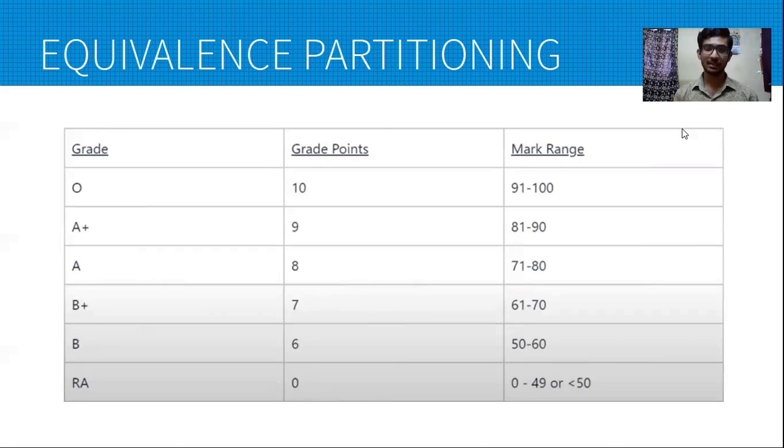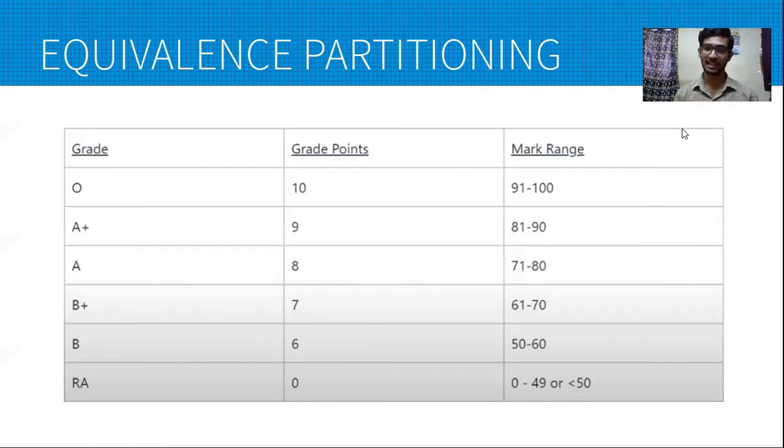To avoid this, we have a set of classes. If we take 1 or 2 numbers in a class, if that passes, the whole class is considered passed. For example, if I take 49 and it gives reappearing as output, the whole range 0 to 49 will give reappearing as output. Also, if I give 85 and the grade is A plus, all the numbers between 81 to 90 will give A plus only. So the testers can write